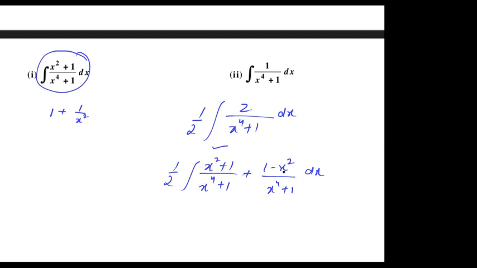So here also you'll divide by x square and you will convert this expression into x plus 1 by x square, because its derivative is 1 minus 1 by x square, which will come out to be after dividing both numerator and denominator by x square, right? So you can proceed afterwards like this, right? So in these kind of problems, whenever you have a quadratic or the power x square in the numerator and you have x raised to power 4 or terms of x square in the denominator, always proceed by this procedure.